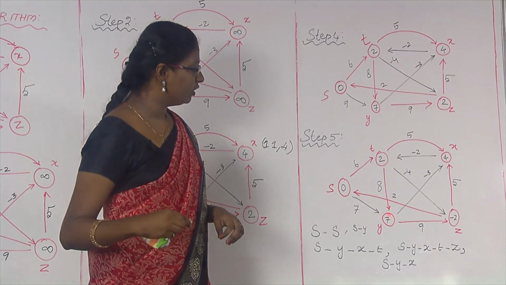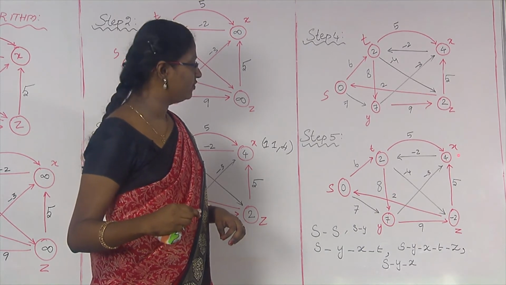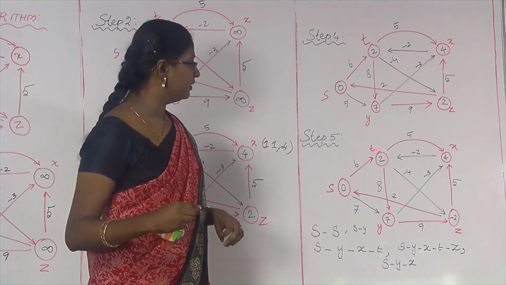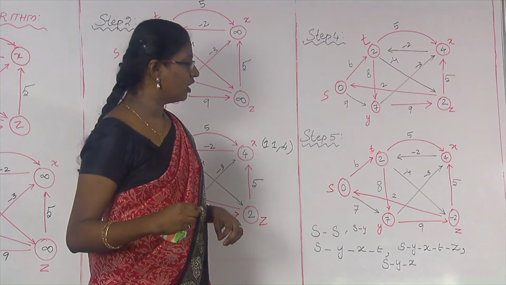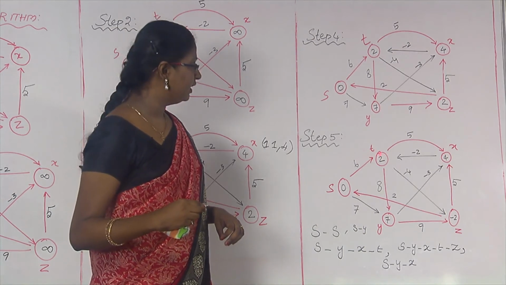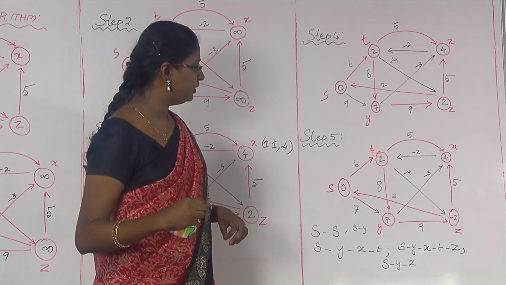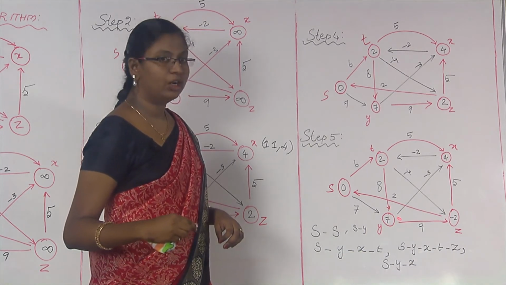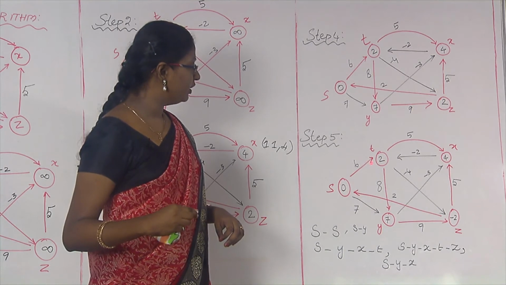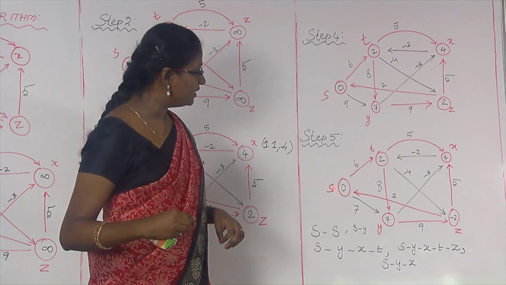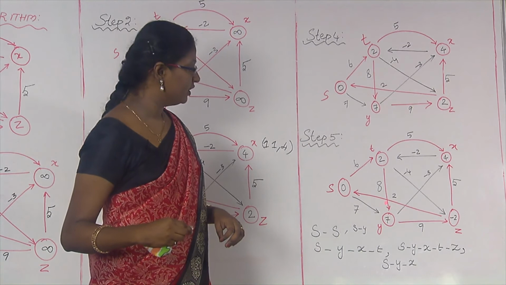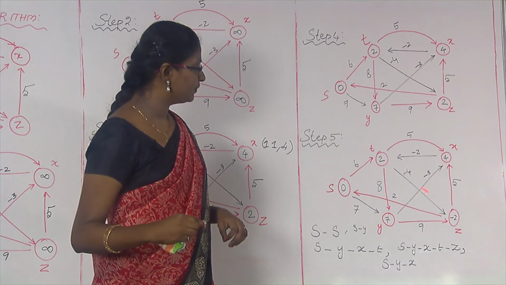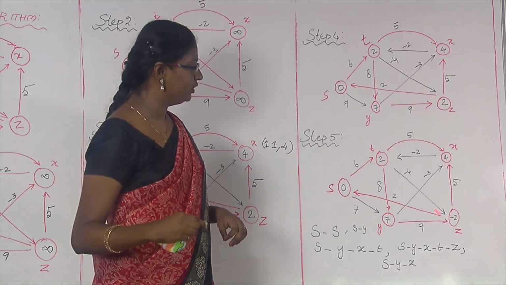So, here we cannot alter this value 7 and 4. Now, as usual, consider the edges or arcs that emerge from the vertex T. There are two arcs, one from T to Y, the other one from T to Z. Here I cannot alter, I already told you. In order to get this distance, I already traversed this Y already. So, I cannot touch this distance again. So, consider this arc from T to Z.